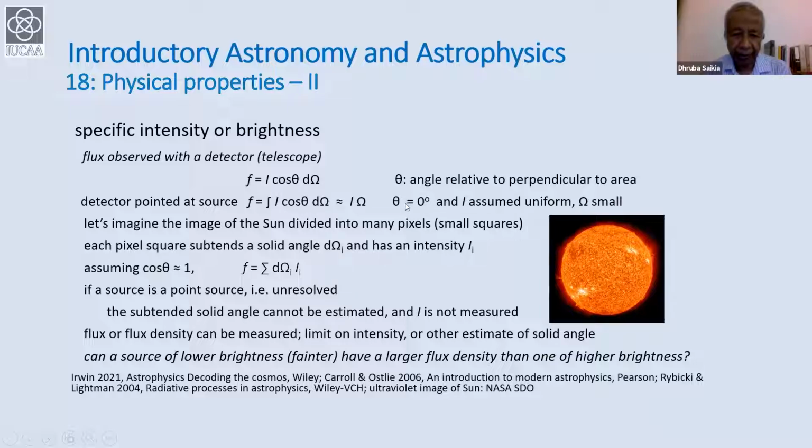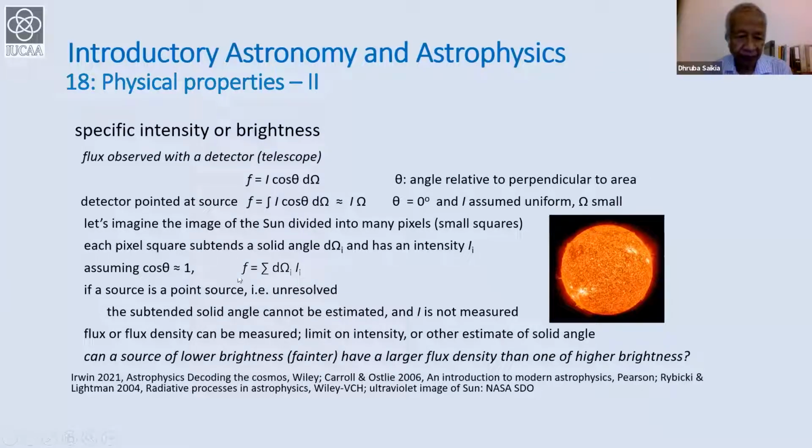So theta is 0 degrees, and so I put cos 0 degrees as 1, and the intensity, assuming it to be uniform, F is equal to I omega. Now, suppose I'm looking at the sun. I can think of the sun as being divided into many pixels, and each pixel subtends a small solid angle, say d omega i, and has an intensity I, say. So you can integrate this over the whole surface of the sun to get the total flux